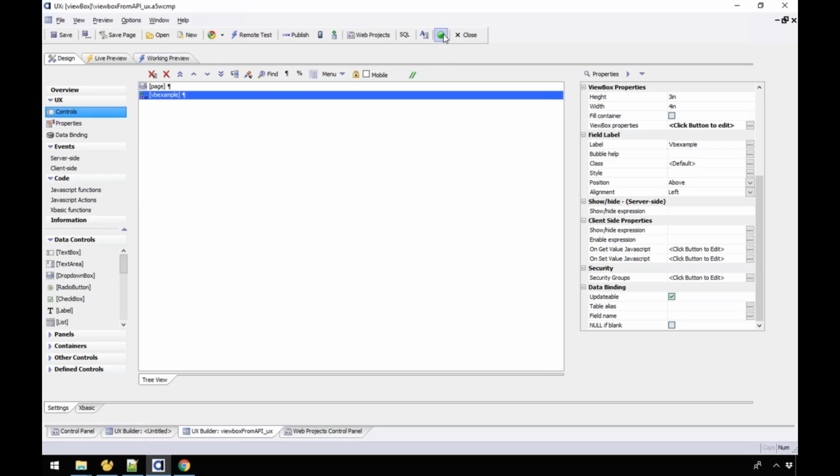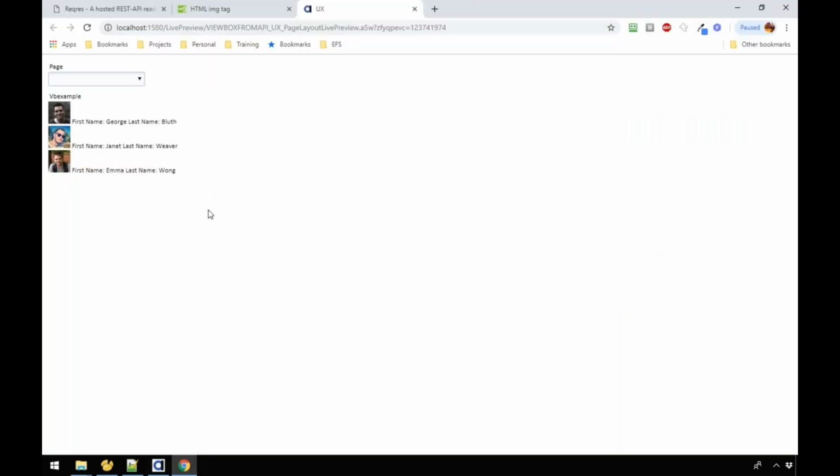Okay, and I don't know if this is going to work. Okay, so we know things are working here. Now remember, when we set up this view box, we said we wanted to use the server to service it. So I'm going to turn off my built-in application server. So now it's off. So let's see what happens here. It should fail,